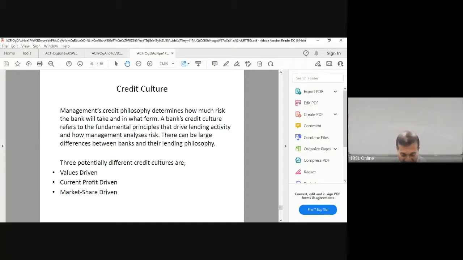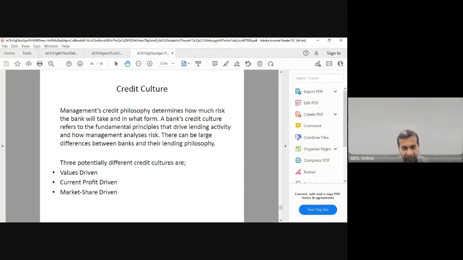There are enough customers who would like to borrow, but you know how many customers are coming, and how many proposals have been turned down, because we understand the level of risk appetite that we have in our bank, because we have a credit policy. So there can be large differences between banks and their lending policy. Even if you take finance companies, you can see some of the NPL ratios are alarming, and their interest margin is also very high. Whereas in banks, NIM, net interest margin, is quite low, so we don't take that much risk. We are very conservative.